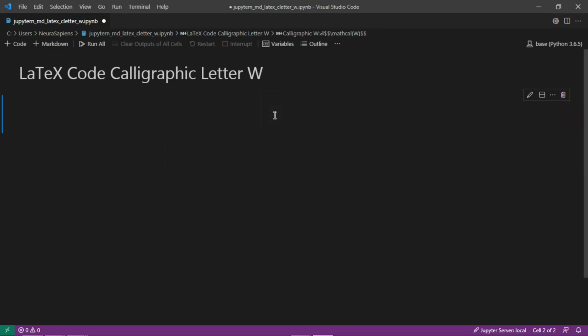So now when we run this cell, we have the calligraphic letter W here, center in the middle of the Jupyter Notebook Markdown cell. So this is how to add the calligraphic letter W to a Jupyter Notebook Markdown cell